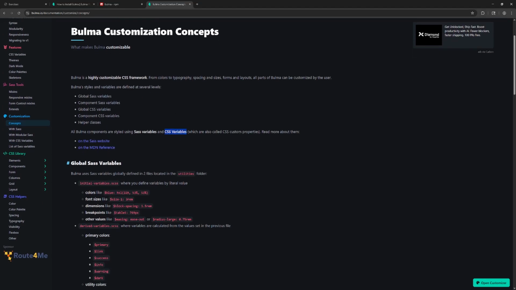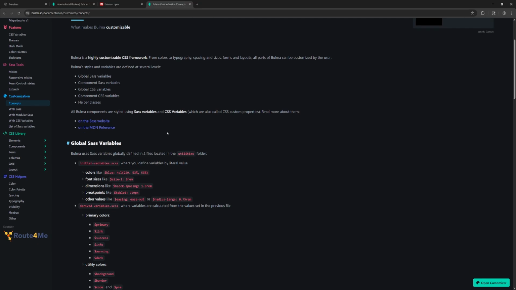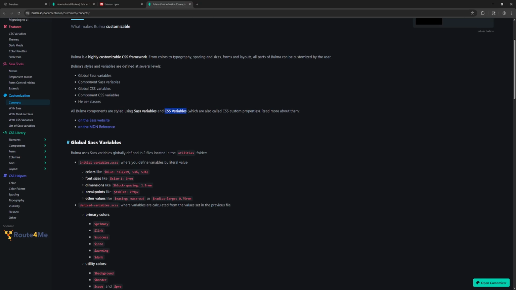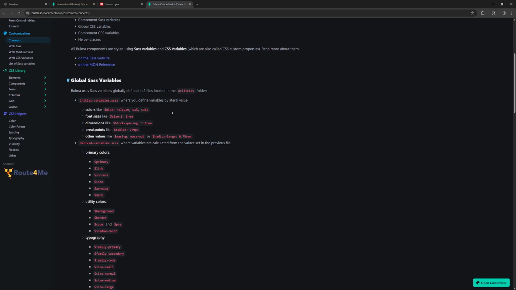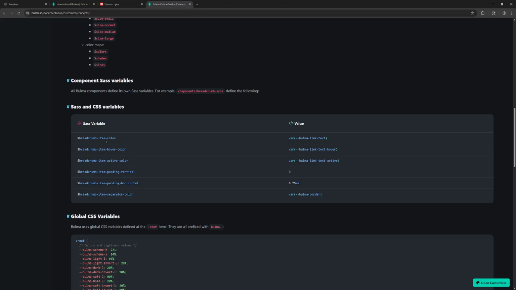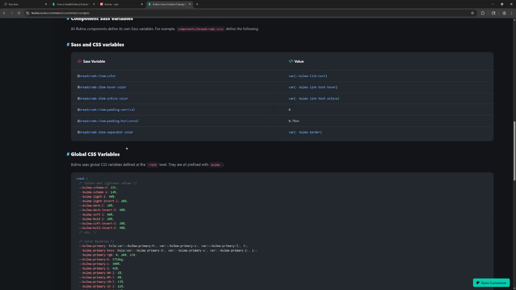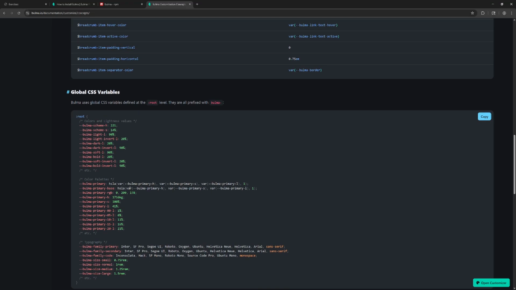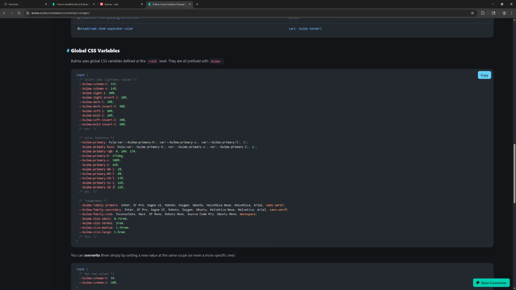So, I mean, it's talking a lot about using CSS variables, which is fine. But I don't know if that's going to work for the most basic level stuff like the root colors and things like that. It's really these initial variables that we would probably want to be changing. And then the derived variables would automatically update, maybe. Or, I mean,